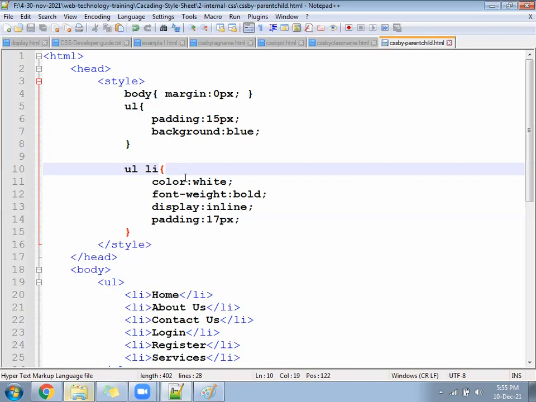Hope it's written. Check now, it becomes a navigation.